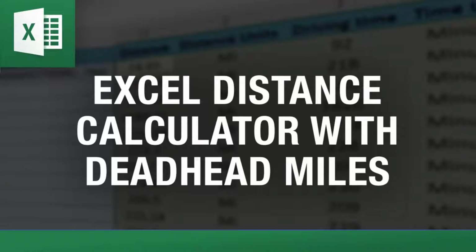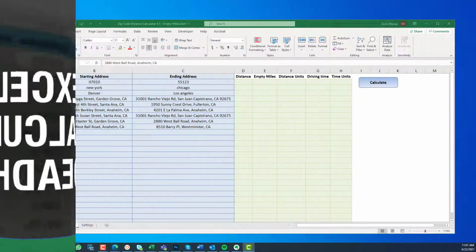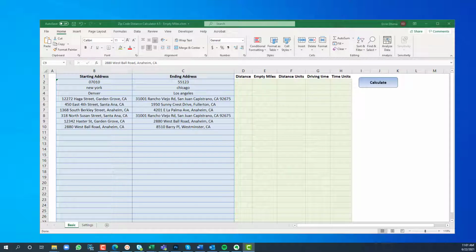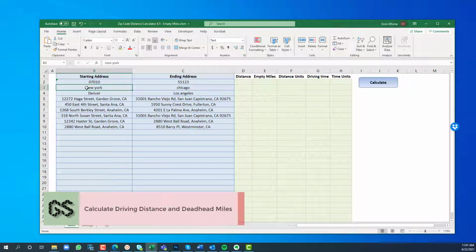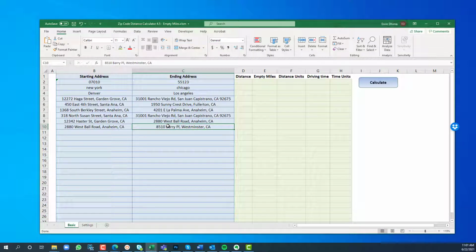I want to share with you my latest tool, which is a spin on one of our earlier distance calculators. This is a request that comes from the trucking and logistics world, and it is to not just calculate the miles for a trip, but also what we call the deadhead miles. The deadhead miles are the miles driven from the end of the first trip to the beginning of the next trip, right? So the distance between the end of the delivery of a load and the picking up of the next load. These are called deadhead miles, as the truck is usually empty and the driver goes back to pick up the next load, right? Let me show you how it works.